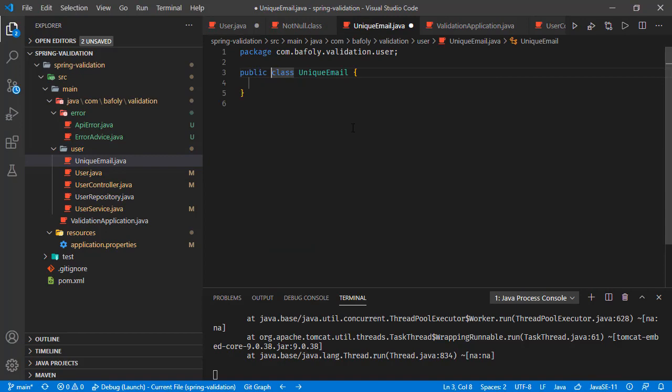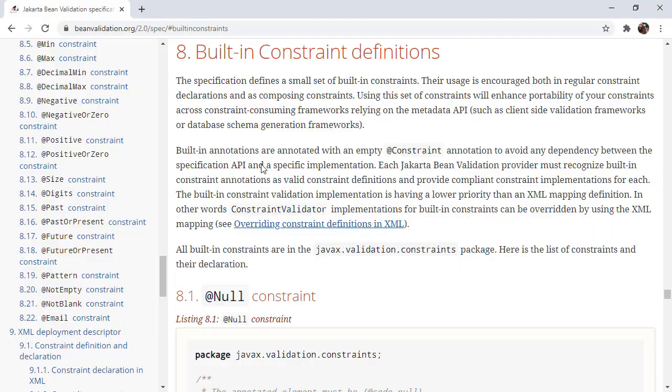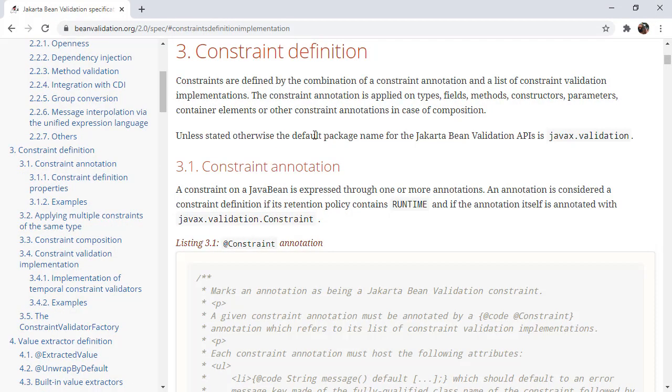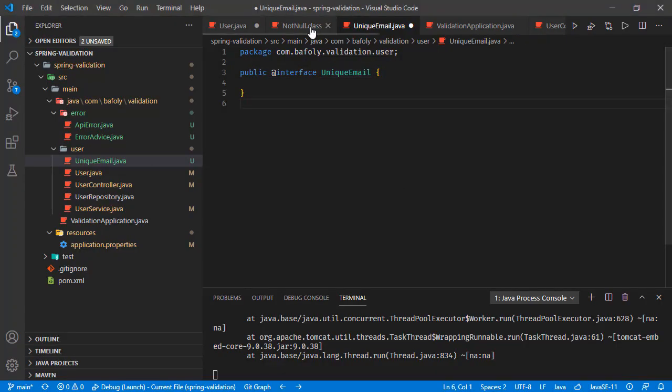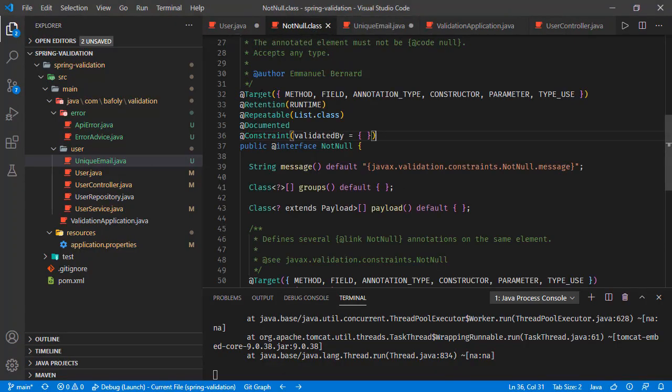Again, this is going to be an interface. And for the constraint violations, again, we will check the Bean Validation specification. Here, this part. You can just check this part about the requirements, and we will just implement one here. So here, like in this NotNull case, we will have this target and retention, and we will also have